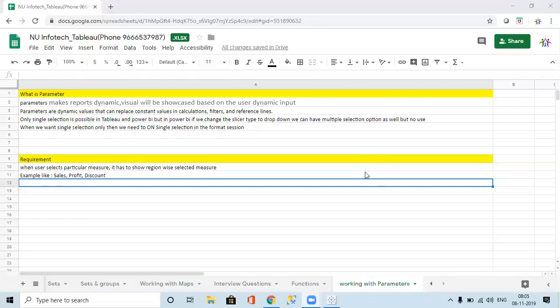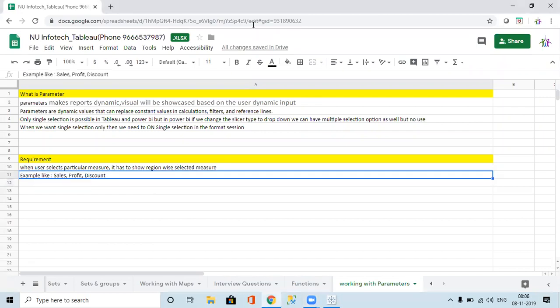I'm asking in Power BI. Using switch statements also we can do it. Yes, using a switch statement, but initially I will not be having sales, profit, and discount, right?